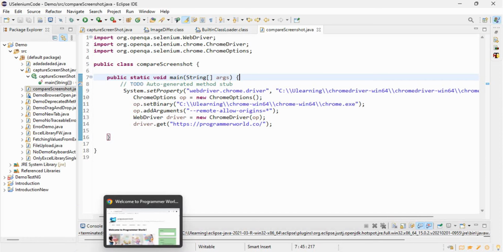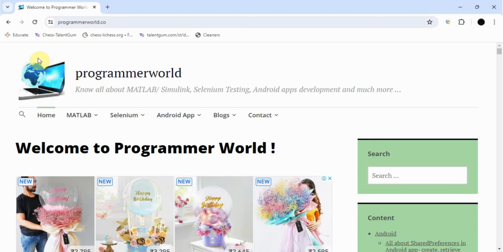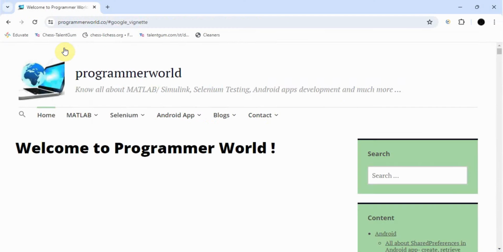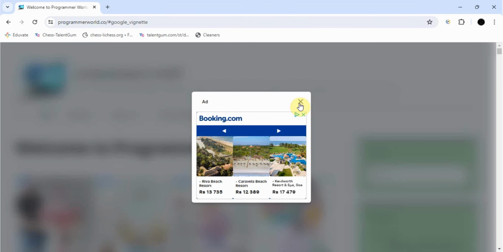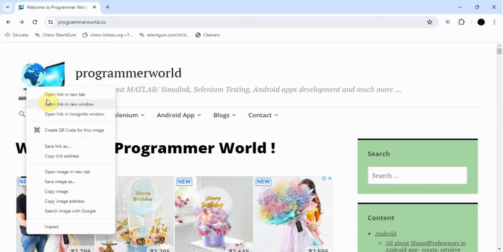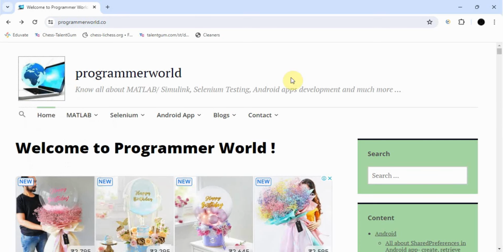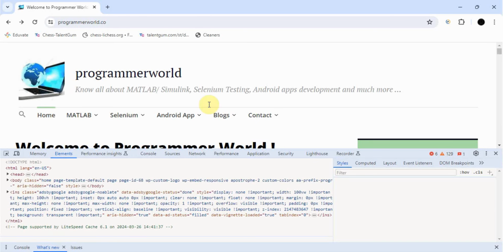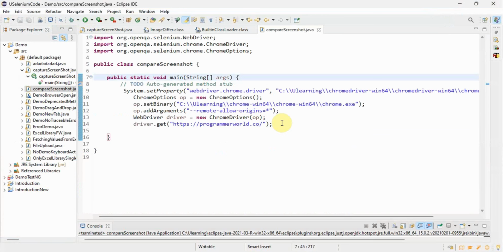Suppose we want to validate whether this logo image is displayed or not. For that, first we have to take the screenshot of this particular element. To do that, first we have to take the XPath of this element, so we have to locate it. Go to inspect and then take the screenshot for this element. I have already uploaded a video for that and you can go through it. I will tell you in short here, because today in this video we will focus on how to compare the